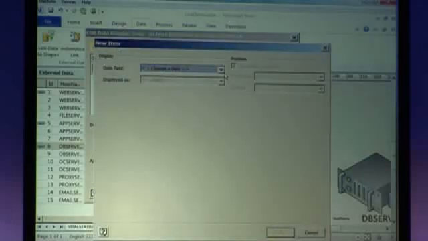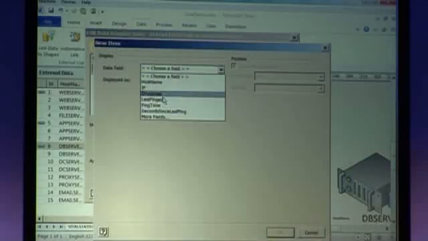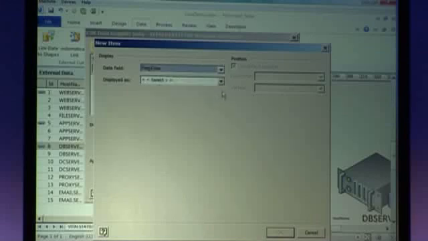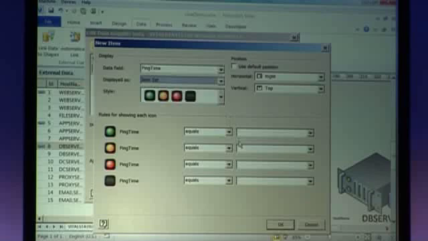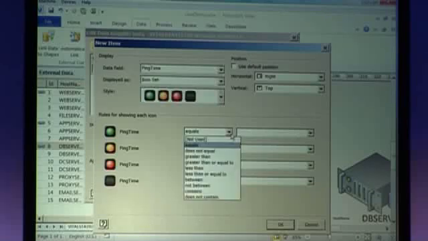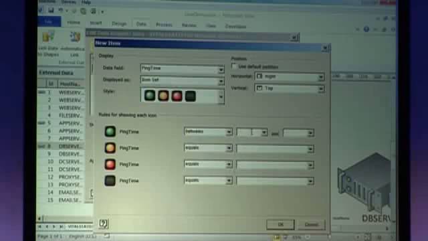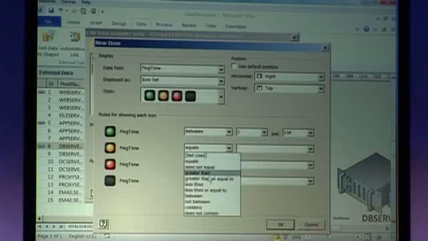So we'll have a new item. I'm going to choose a data field. I'm going to pick my ping time, and I'm going to select an icon set, and there's our traffic lights. I think what we'll do is, if our value is between 1 and 150, we'll have green. If it's between